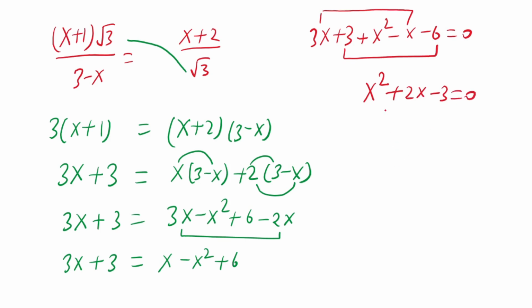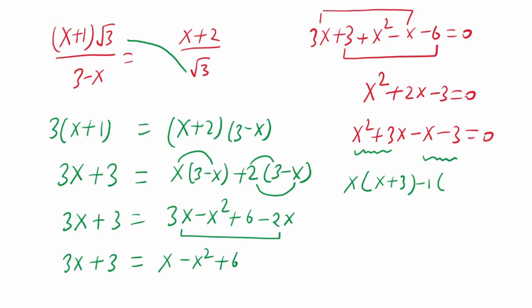Here this is a quadratic equation in terms of x. Now we will factorize this quadratic by using middle term split and then find out the value of x. Then x² + 2x is same as 3x − x, − 3 equals 0. Look carefully at the first two terms. If we take common x, x²/x gives x, plus 3x/x gives 3. And here, if we take common −1, then x + 3, and this equals 0.